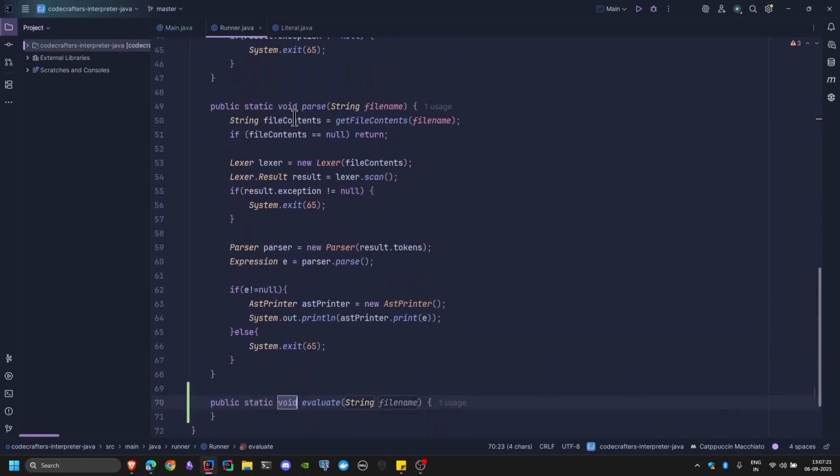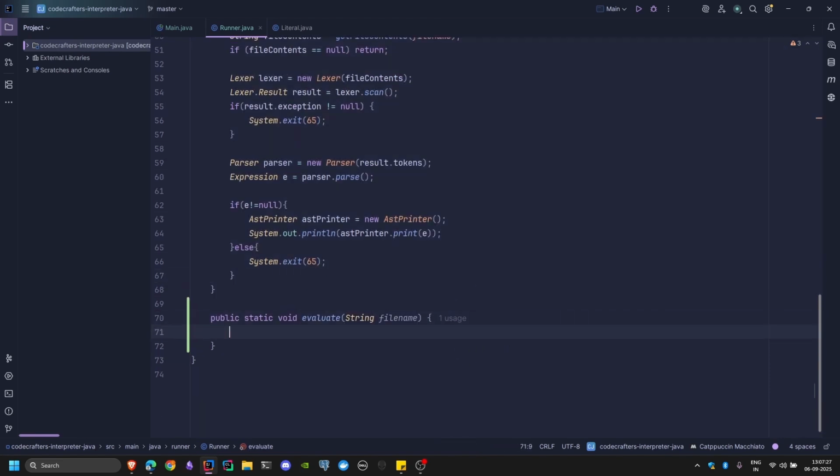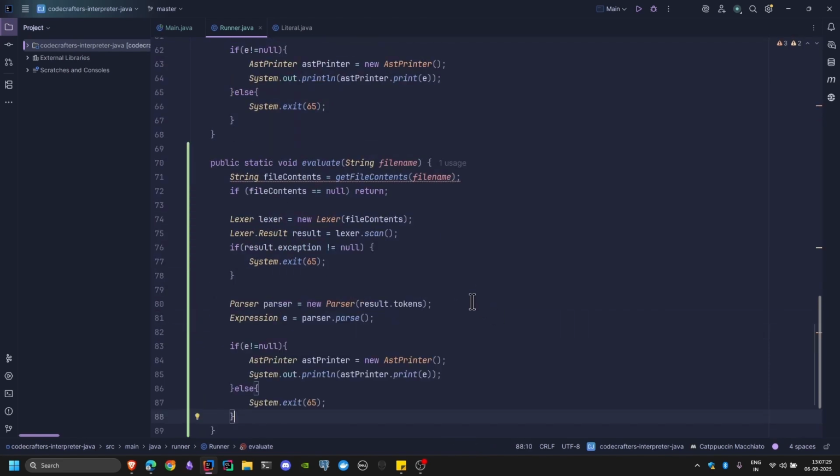And in the evaluate method, everything is going to be essentially the same, but instead of serializing it with the AST printer class, we will call the interpreter class, interpreter, and let me create an object of it, new Interpreter, and interpreter dot